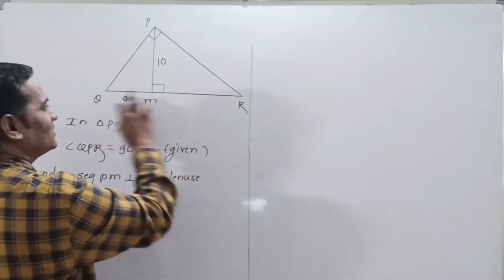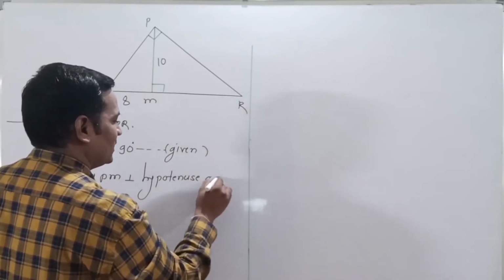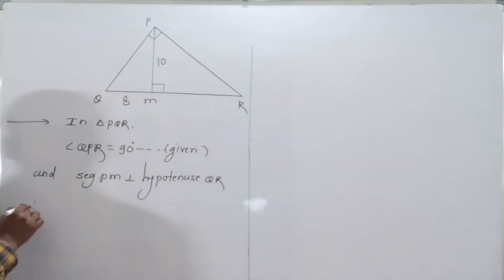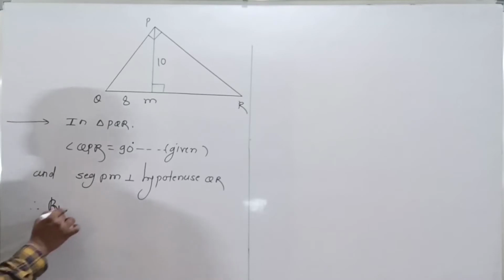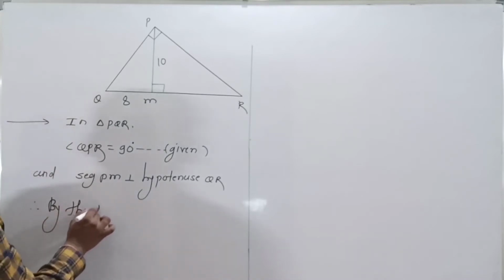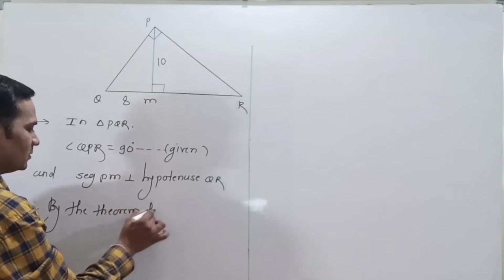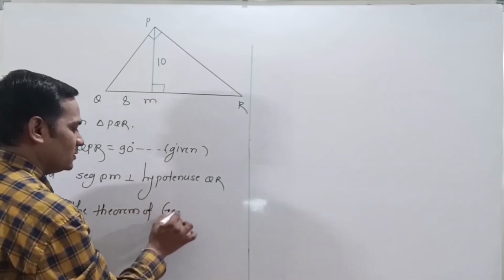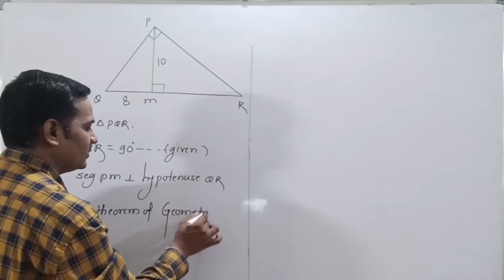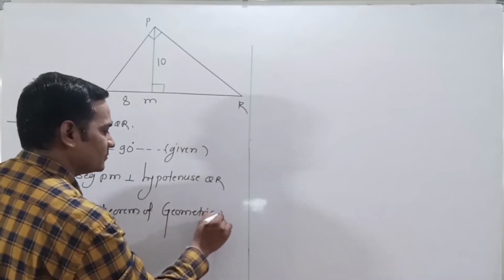Now which is the hypotenuse? QR. QR is the hypotenuse. So therefore again we can write here, by the geometric mean theorem,